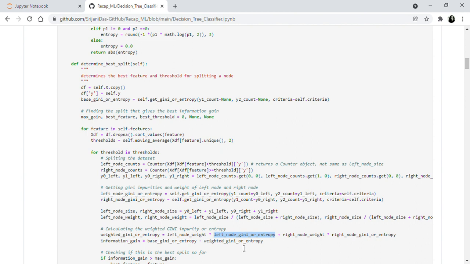After that, we have to calculate the information gain. Information gain is calculated by subtracting the weighted Gini or entropy from the base Gini or entropy. Base Gini or entropy comes from the parent node's Gini or entropy, and we are subtracting the weighted Gini which comes after we split the node from that. So this is the Gini or entropy before the split, and if we perform the split, what is the weighted